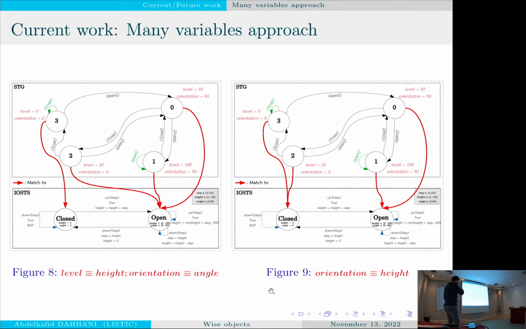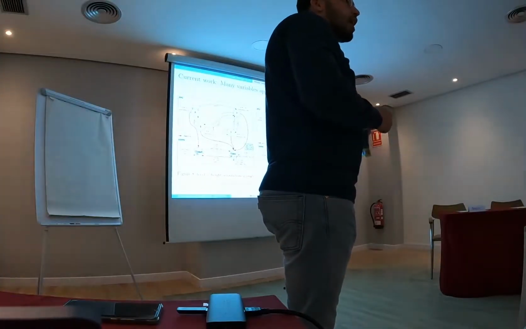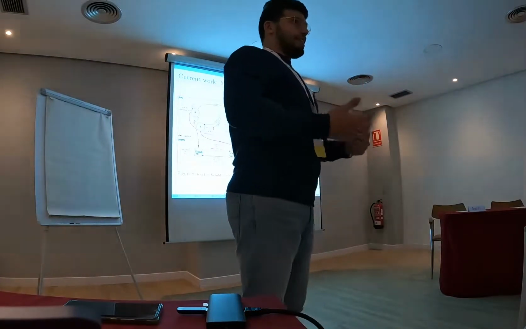So here, the algorithm says that there is a matching that it can make between level, height, orientation, and angle, and it gives us one matching, but it found another matching based on one variable. You see what I mean? So here I have just orientation and height, but it's also a matching. I don't know if I answered your question. So it doesn't aim to match several variables simultaneously, like to use several variables. How you will decide? This is the question.